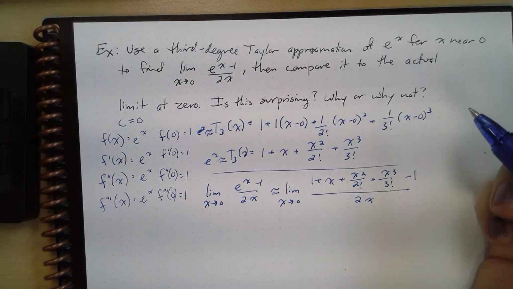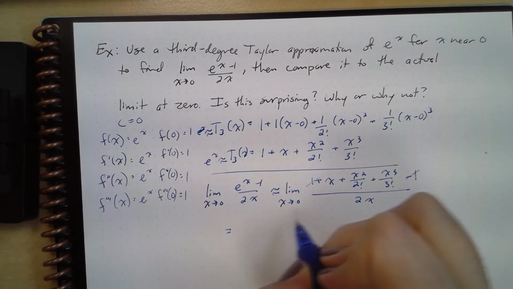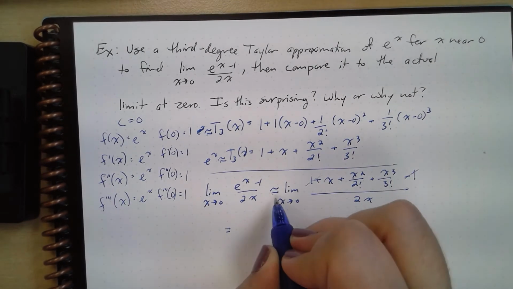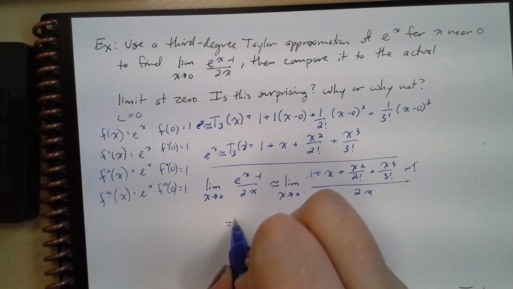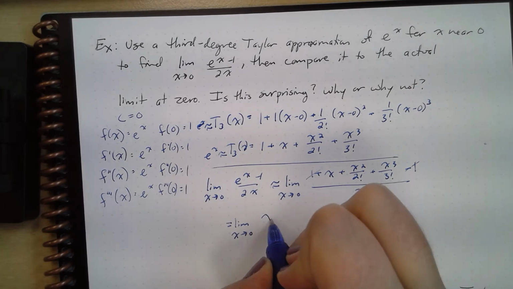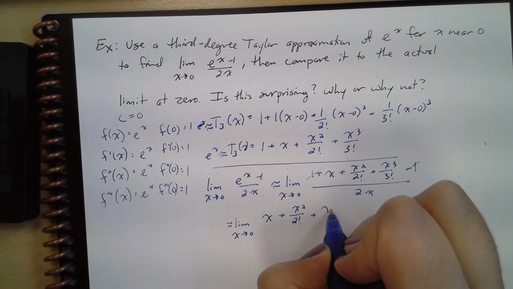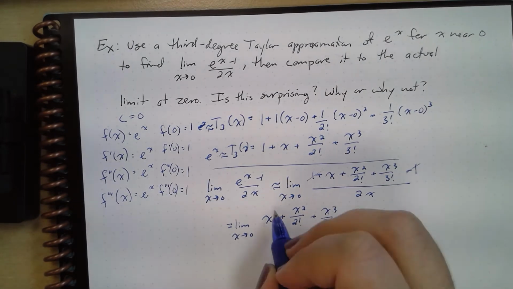Okay, so if I'm looking at that, the 1s are going to cancel out. So this is going to equal, I can use an equal sign now because I'm not approximating anymore, the limit as x approaches 0 of x plus x squared over 2 factorial plus x cubed over 3 factorial